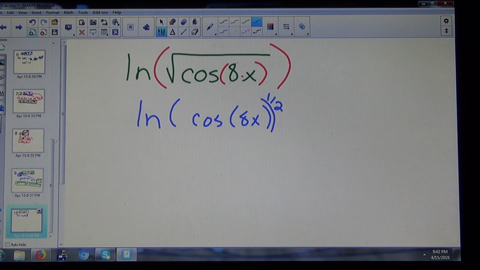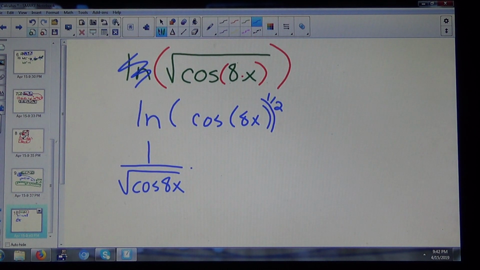If you want to rewrite that square root as a half, you could. Okay, so what's farthest on the outside here? The ln. So derivative of ln would be 1 over the square root of cosine of 8x times the next farthest thing on the outside, which would be the half. So now the half would come on front, so times 1/2